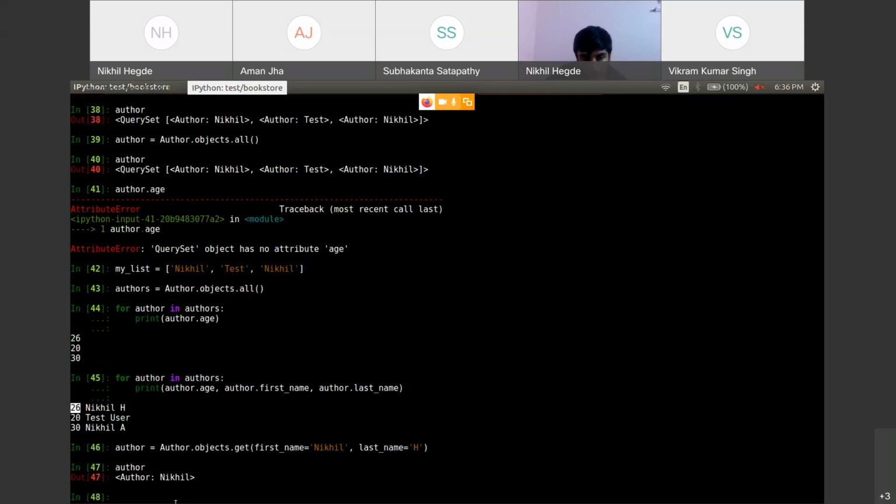Now can you guys tell me how to print the age of this author? What should I do? author.age. Okay, let me try.